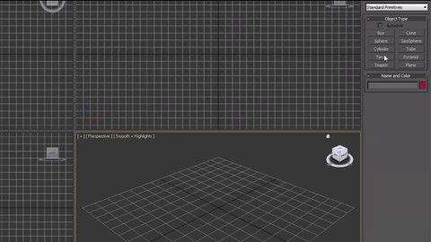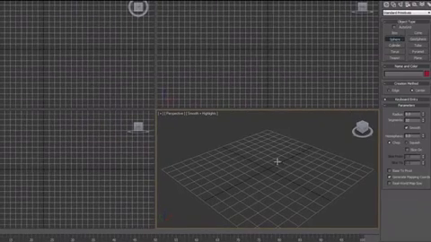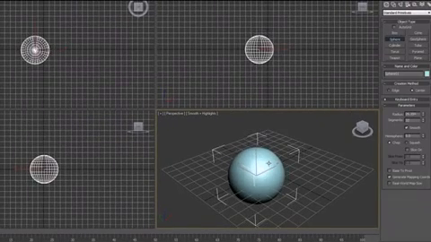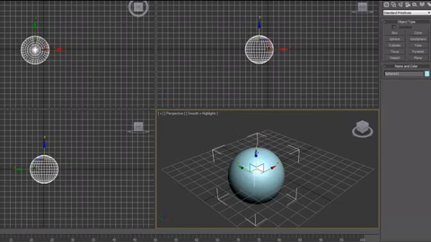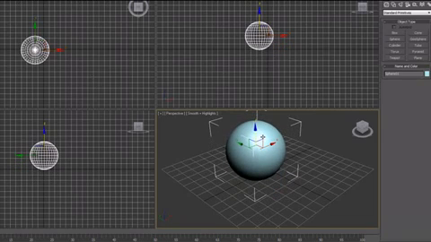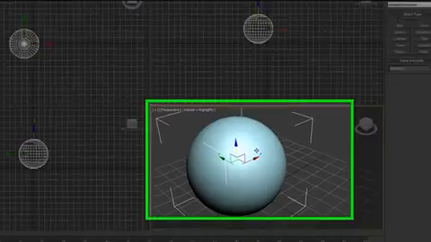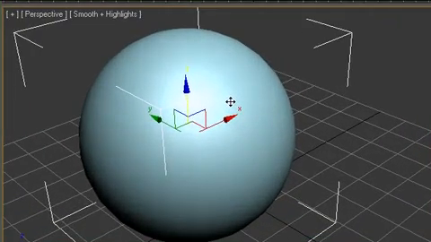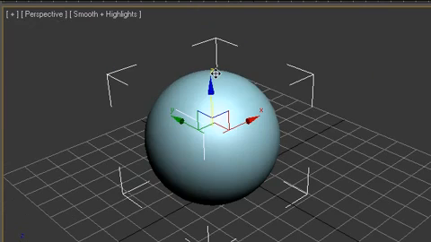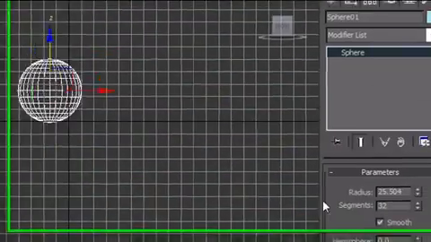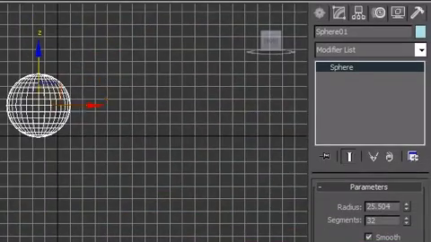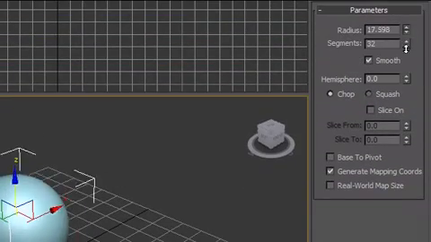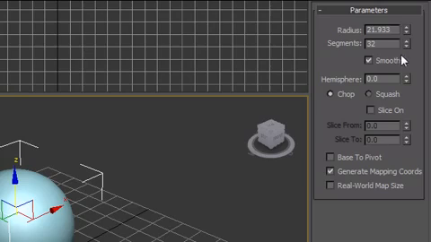Now we already created one type of object, and let me demonstrate that, just like a basic sphere or something. These basic geometric objects are called parametric objects, and that's all we've been creating so far. If you're wondering why they're called this, if you go in this modify panel, you edit these objects through parameters like radius, segments, hemisphere, slices,